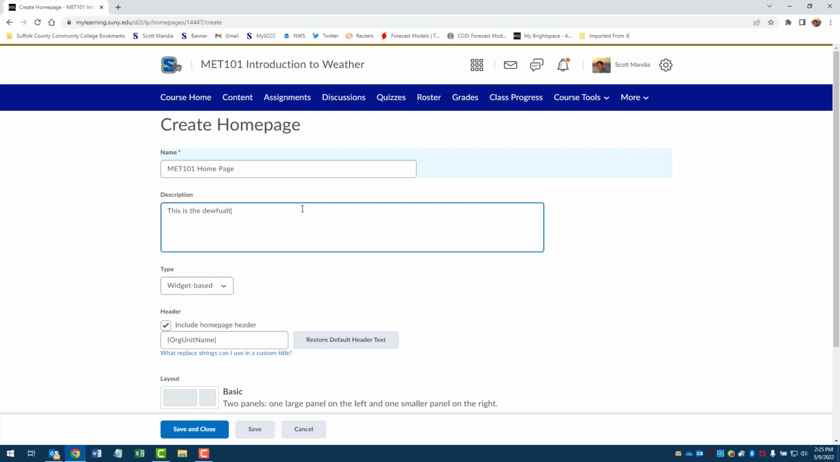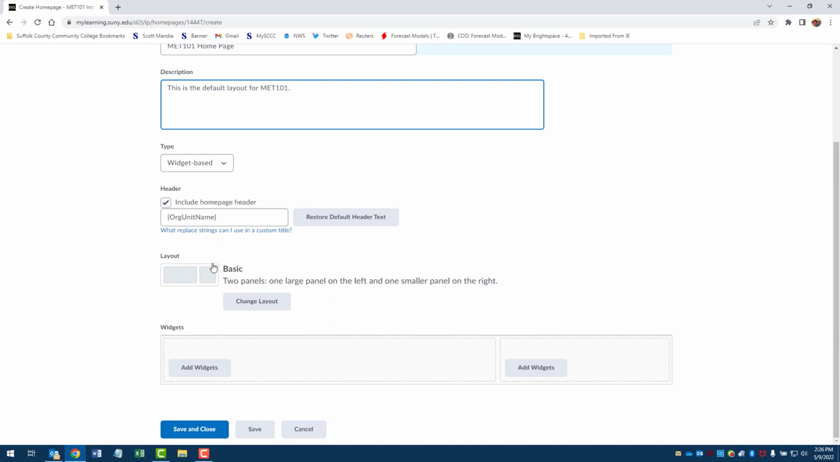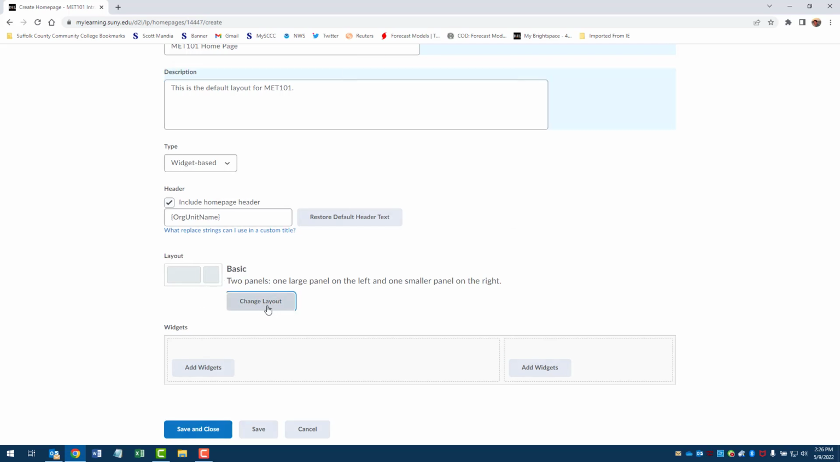This is the default layout for widget base. We want, okay, now this is important, you want the layout here. I think it's better to go more than 2 panels, so I'm going to click Change